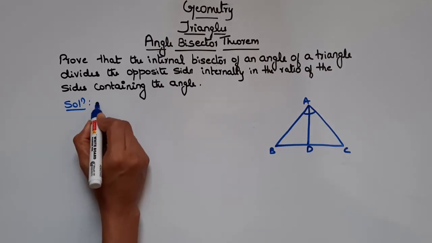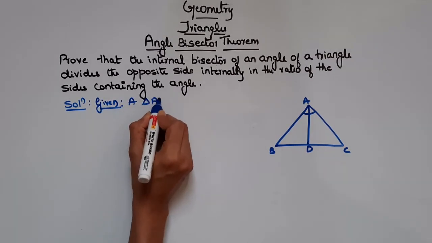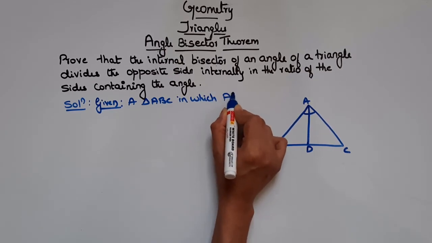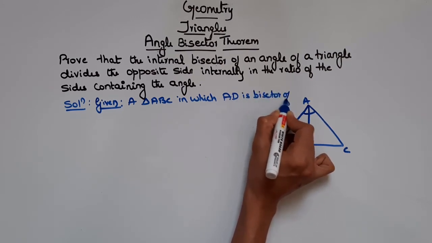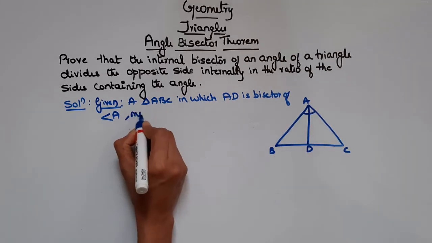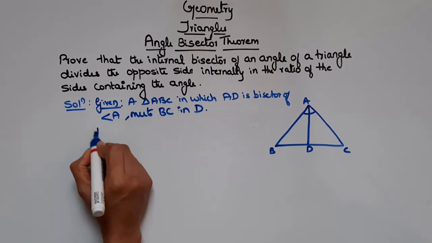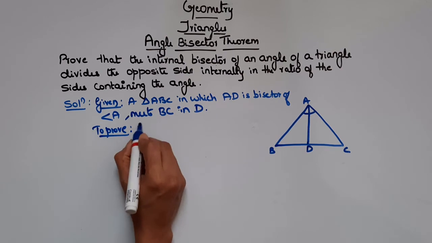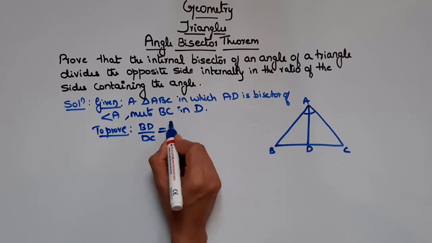Now let's write what is given. So given here is a triangle ABC in which AD is a bisector of angle A. So it meets BC at D, right? So to prove, what we have to prove? BD by DC is equal to AB by AC,